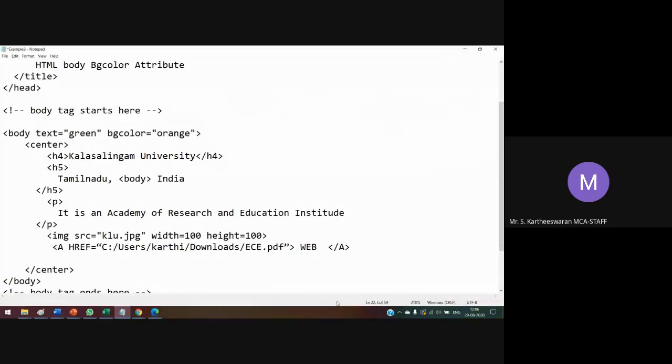How to design? Internet and this. Next. Okay. Then you have to save. Save the file. You have to refresh that web page.